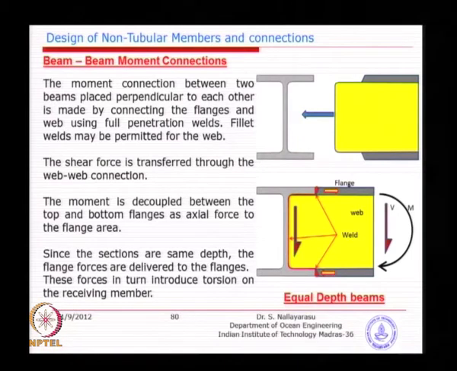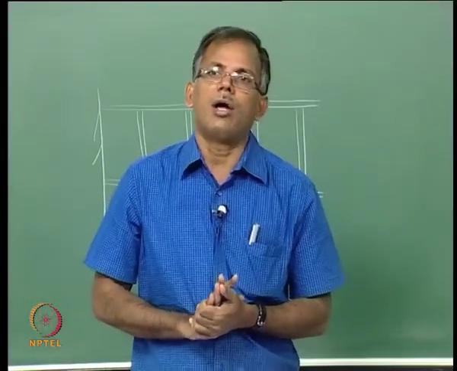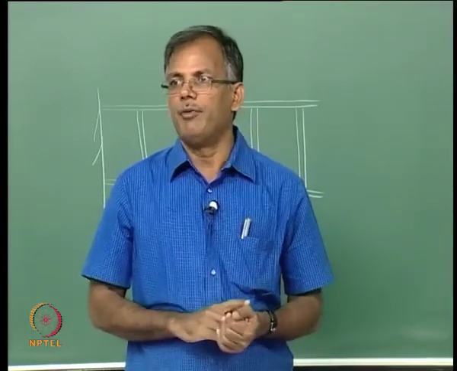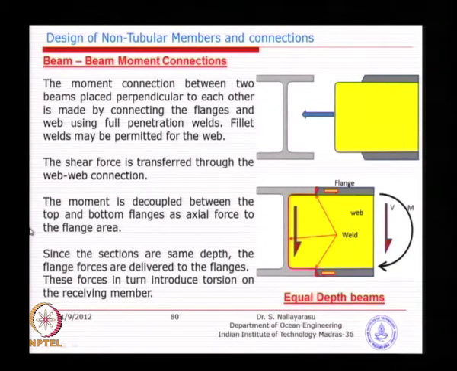So, that is basically the idea behind how you can decouple a force when it is applied as a moment from an incoming member. So, this is basically called a moment connection, because we are able to decouple this moment into axial force on the top and bottom flange and transmit to the parent girder. Now, what really happens if this I beam which is receiving these two couple forces is too small, then it will introduce a larger torsion which will make the beam fail, unless you have some other connection going here on the back side to keep this one balanced.